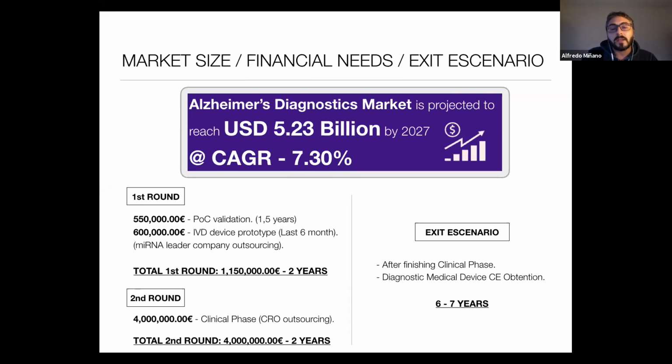So in this context, we have divided our current financial needs into 2 rounds. With the first round, we propose to boost the startup, to validate our proof of concept with higher and heterogeneous cohorts, and to develop our in vitro diagnostic device prototype. With the second round, we have planned to progress to the clinical phase. We envision an exit scenario in 6-7 years after finishing the clinical phase and obtaining the CE